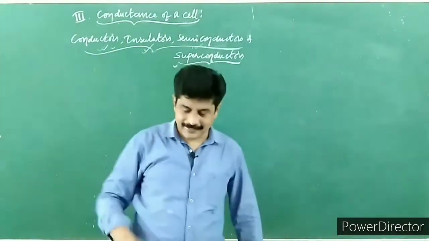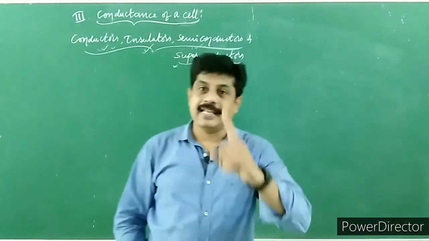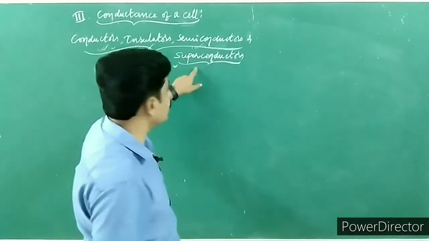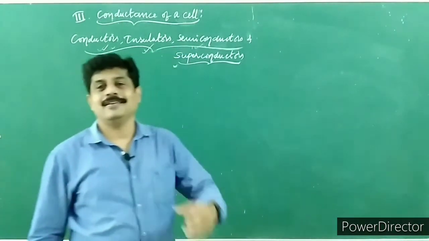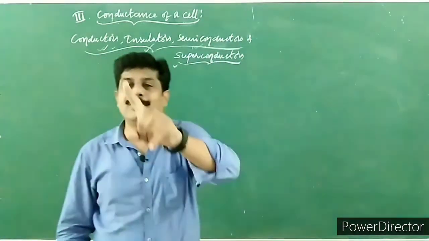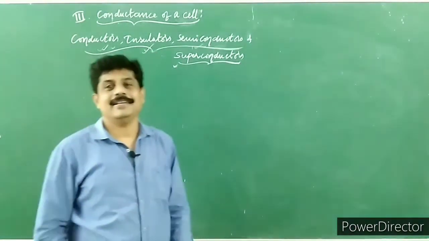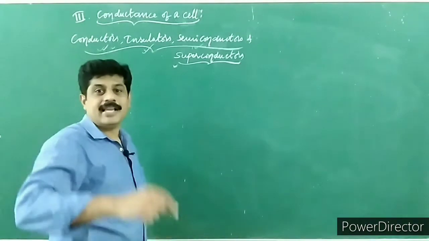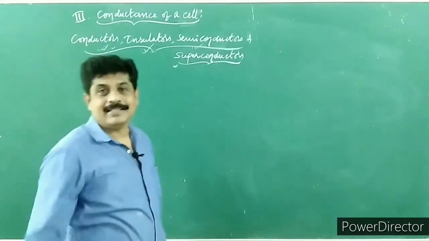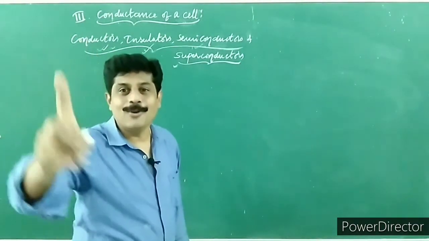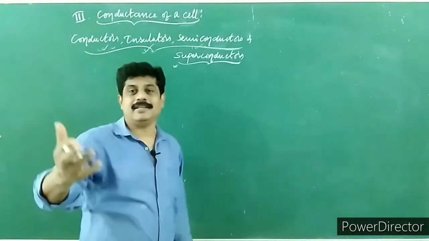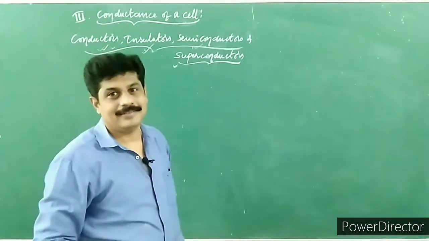Children, after understanding conductance and conductivity, let me take up the next topic, that is conductors, insulators, semiconductors and superconductors. Children, materials can be classified into 4 different types depending upon the magnitude of their conductivity. Remember, metals and their alloys have very large conductivity and they are known as conductors, whereas the materials which have very low conductivity, they are called insulators, and you can quote the examples like plastic, ceramics, glass, etc.